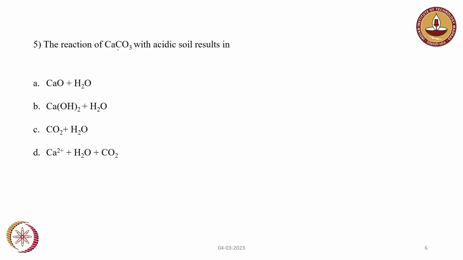So, reaction of calcium carbonate with acidic soil. This is one of the methods to balance the pH of soil. Calcium carbonate reacts with protons in acid, forming calcium ion, water and CO2. So the equation will be CaCO3 plus 2H+ giving